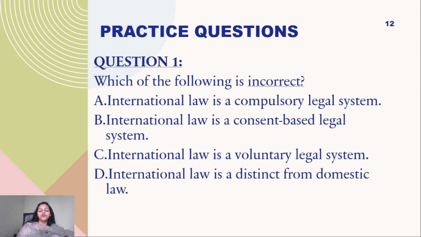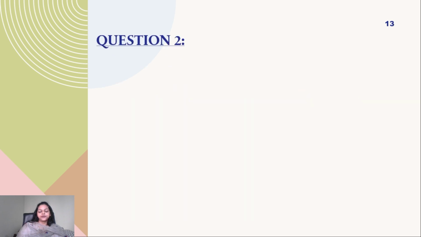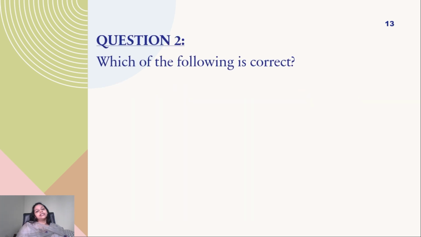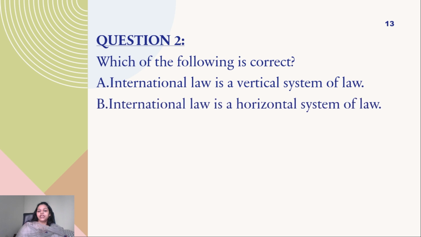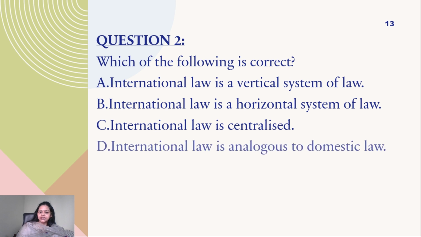Now let us move to question number 2. Question number 2 says, which of the following is correct? A, international law is a vertical system of law. B, international law is a horizontal system of law. C, international law is centralized. D, international law is analogous to domestic law. So,